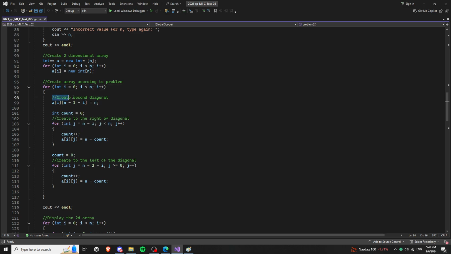And this is the formula for the second diagonal. This is fixed here. This is the formula for the column, and here obviously we place n,